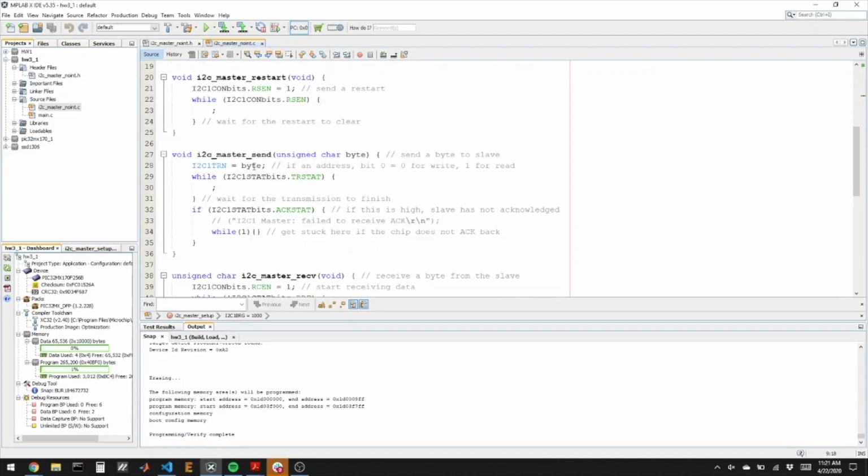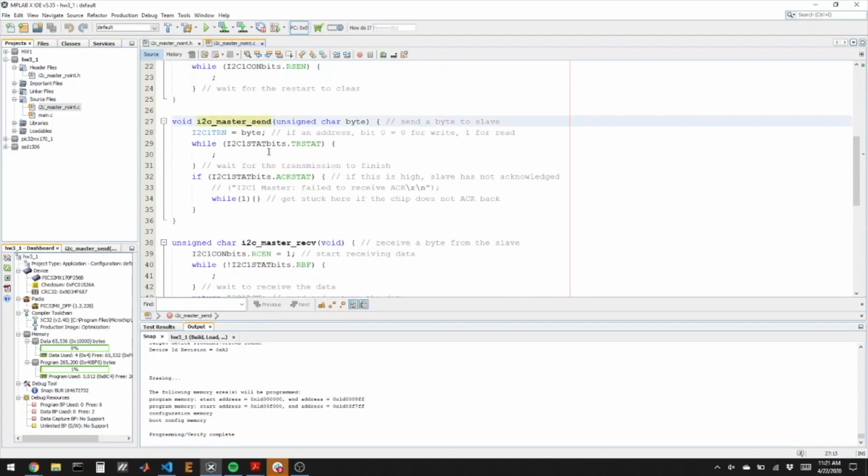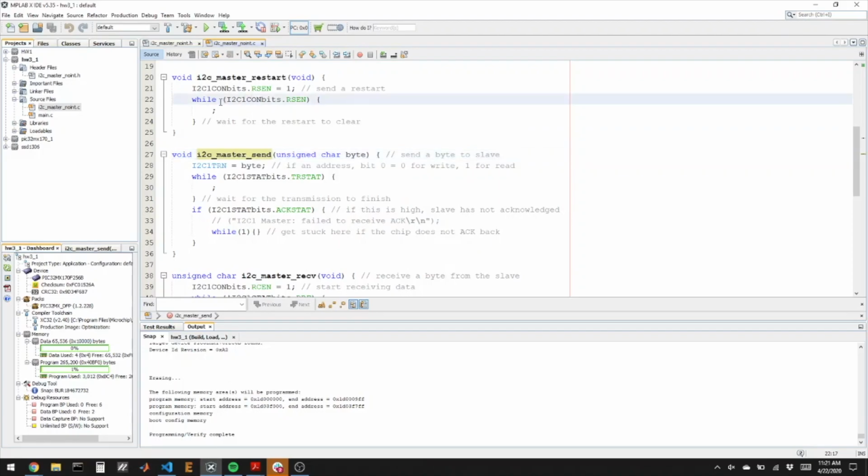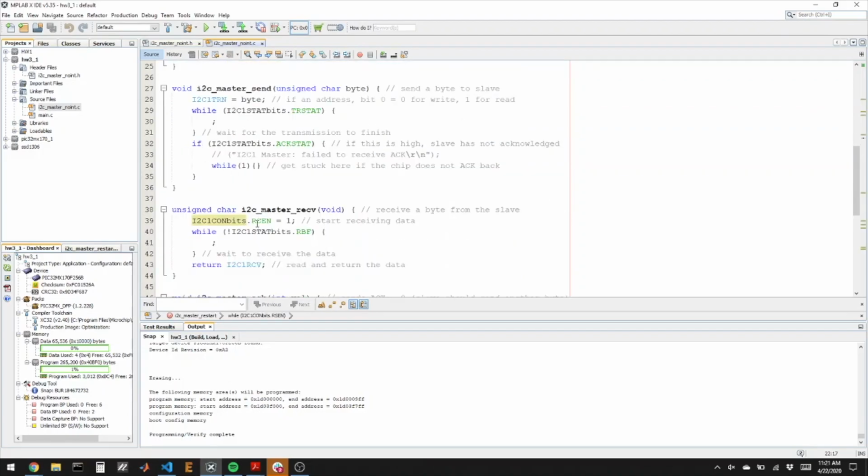The other thing I really want to point out here is that in the send function, or actually in all of these functions, there are while loops that wait until the thing you're trying to send or read occurs. In the send function, I've got a comment here that says if this bit is on, that means the thing you tried to send didn't go through. And I put an infinite while loop in here so that if you try to talk to a chip and it doesn't respond back to you, doesn't acknowledge that it received what you sent, the PIC just hangs. And so that is a good indicator that